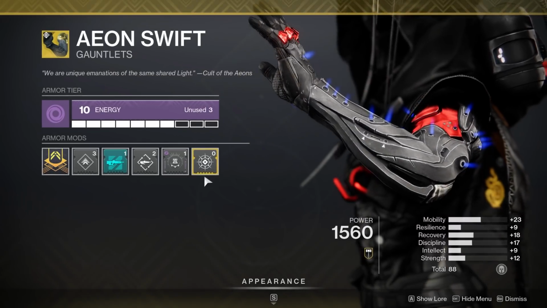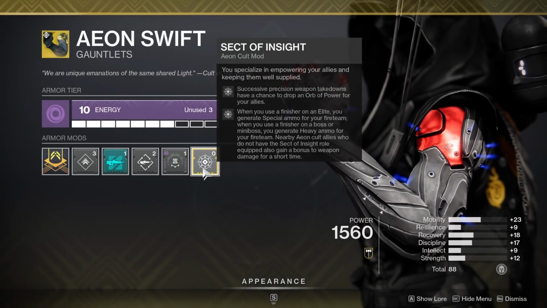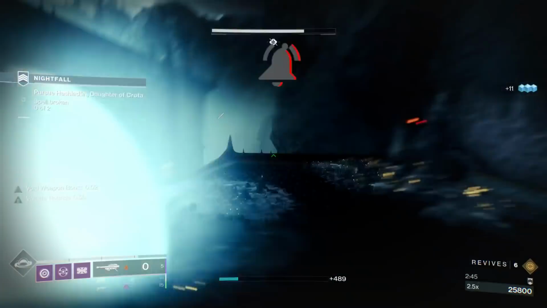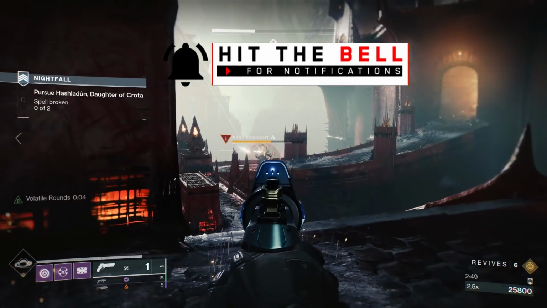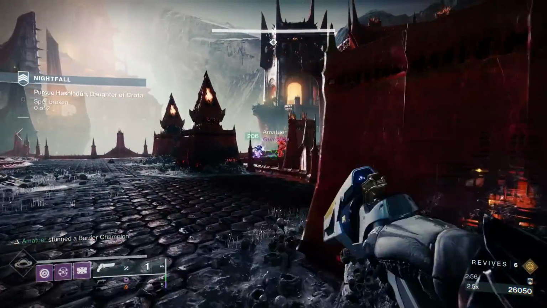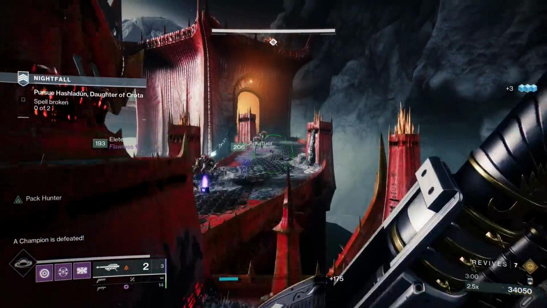Now, these have been around for quite a while. With the Sect of Insight, you can cause heavy ammo to drop for your teammates when you finish a champion or boss enemy. However, these are better than ever because of all of the invisibility effects that we showed earlier. So how easy is it to run up to a champion and finish them when you're completely invisible? And in fact, your invisibility lasts long enough and reapplies so you can make a quick and easy getaway after